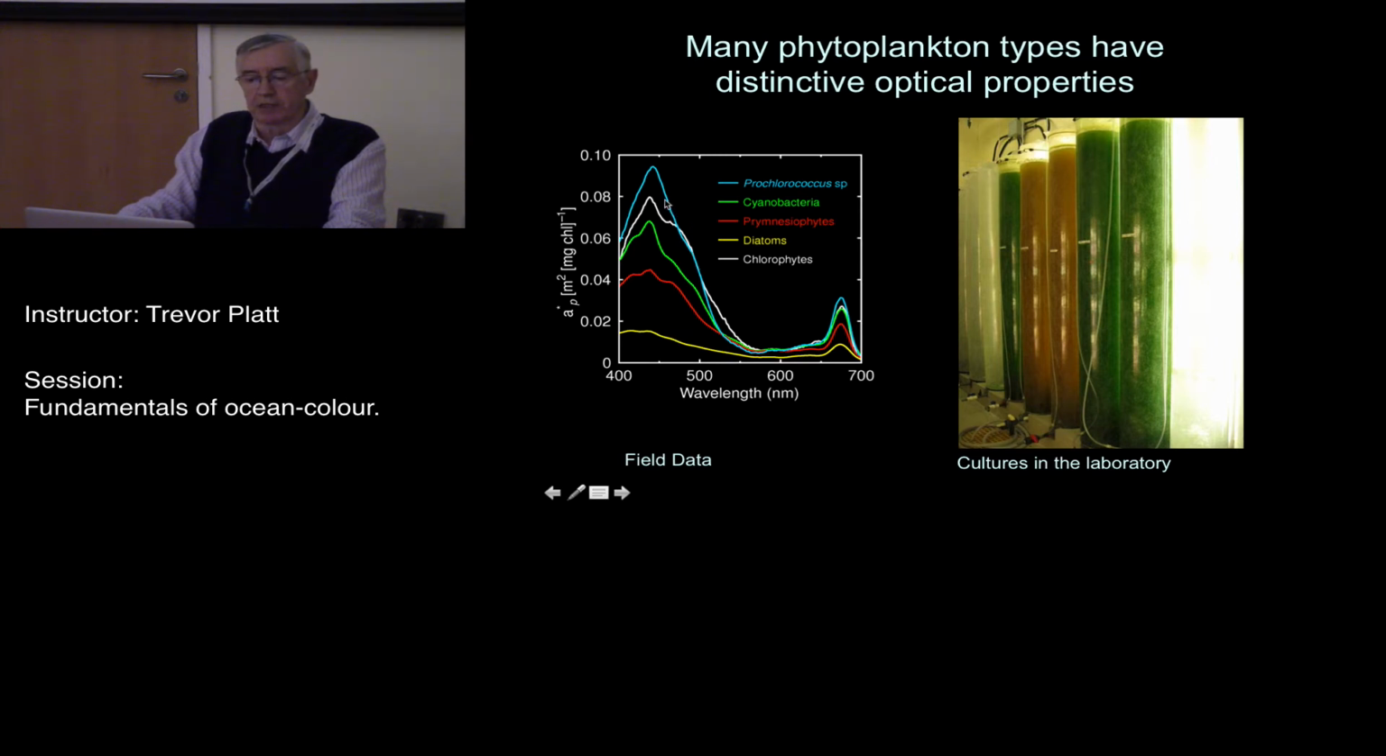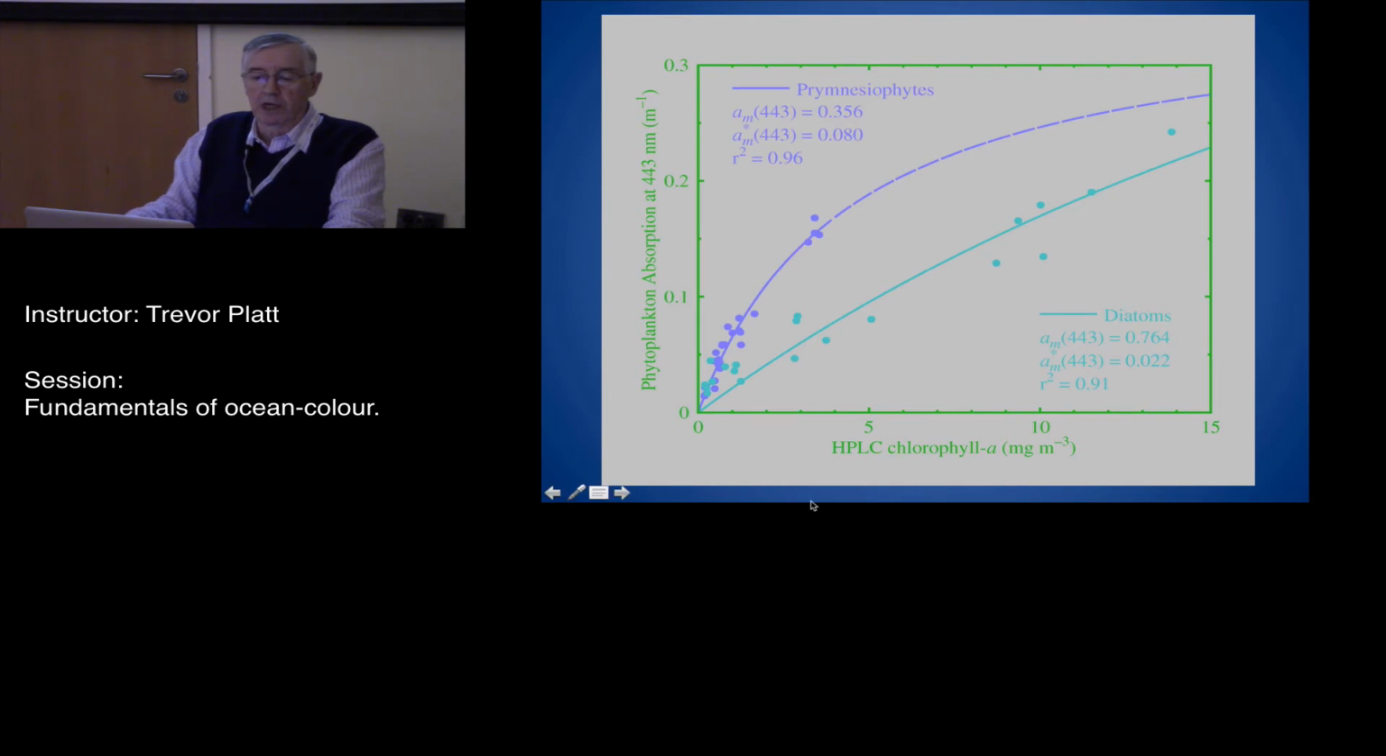Generally, different phytoplankton groups such as diatoms and chlorophytes and so on have different absorption spectra. This is what they look like in bulk, and this is what they look like when their pigments are extracted and so on. So here is what we can get. These are samples from the Arctic,